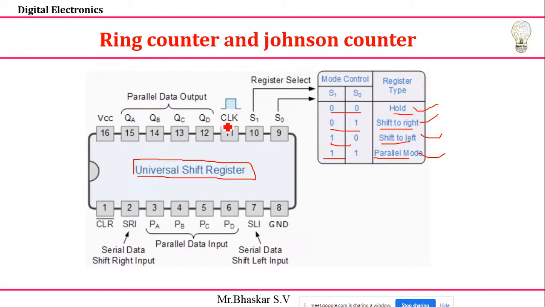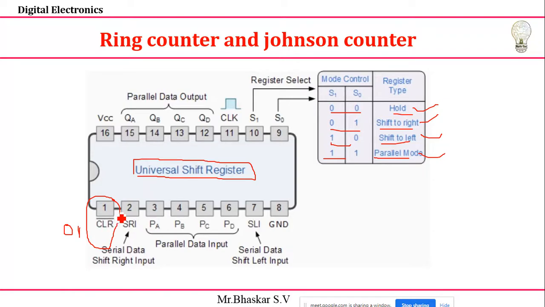So here I'm going to use this IC. By using this IC, I want to construct a ring counter and Johnson counter. That is my intention. Here you can see that it's a 4-bit, so you have parallel data inputs. We'll see the structure of my universal shift register. You have a clear signal. What is the usage of that? If you want to clear any data, I'm going to use this pin. If you give the value 0 to clear bar, whatever data is there should be cleared. And if you give a 1, it will not do anything.